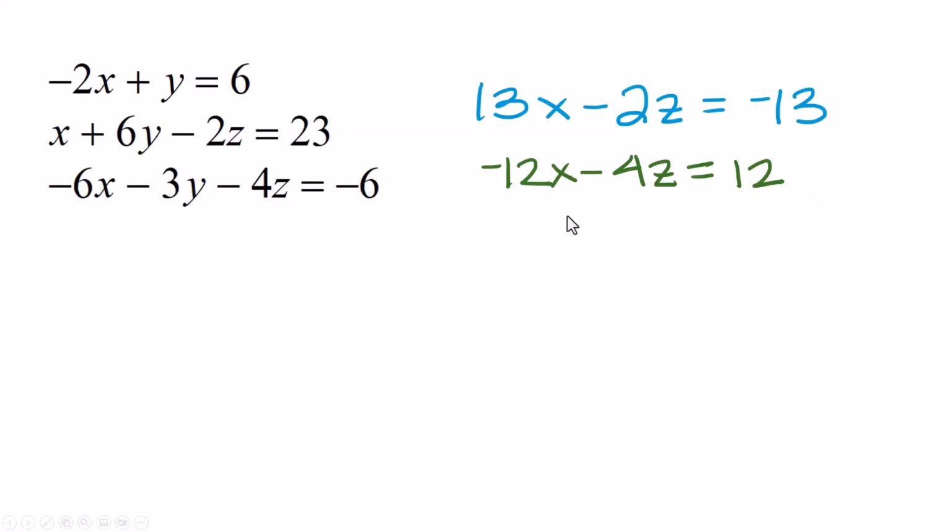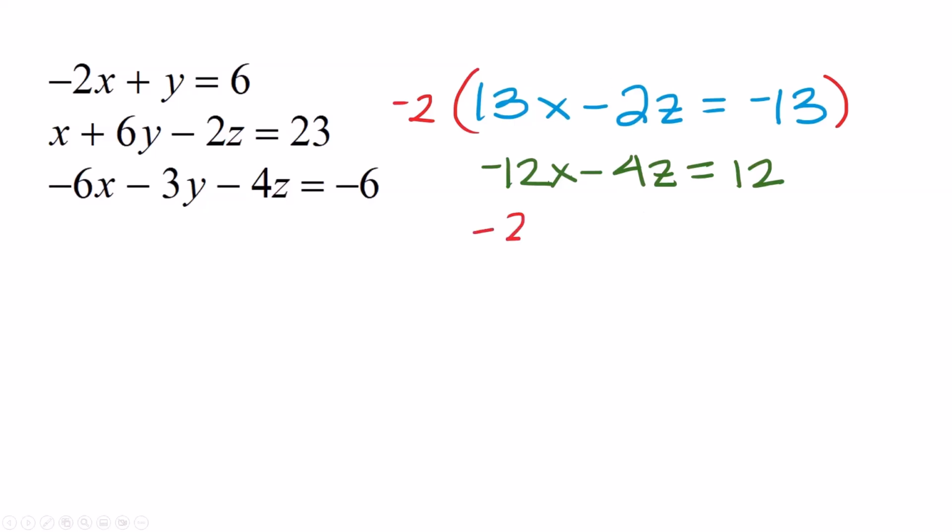How do you want to get rid of something? I have to multiply one of these equations by something to make something cancel. I'm looking at the z's, because this is negative 2 and that's a negative 4. If this were a positive 4, these guys would cancel out. I'm going to make this a positive 4 by multiplying everything times a negative 2 in that top. I didn't just come up with the negative 2 randomly, and I didn't use the same negative 2 because this is a negative 2. I want this term to be a positive 4, so it will cancel with the negative